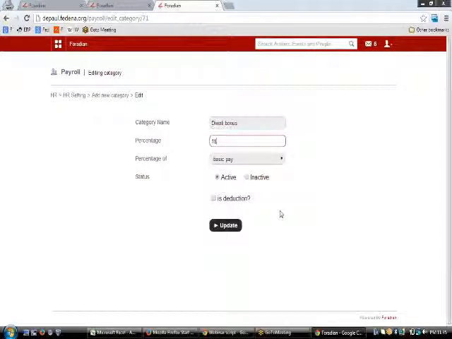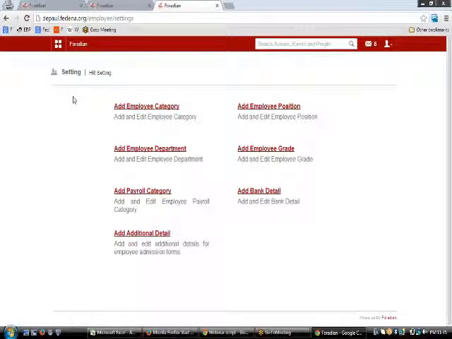So this would mean that every time a basic pay is given of 10,000, let us suppose, so 1,500 would be the bonus allotted for every employee. So we will be having further information about it while we will be going to admit an employee into this application. So that is all about this add payroll category thing.